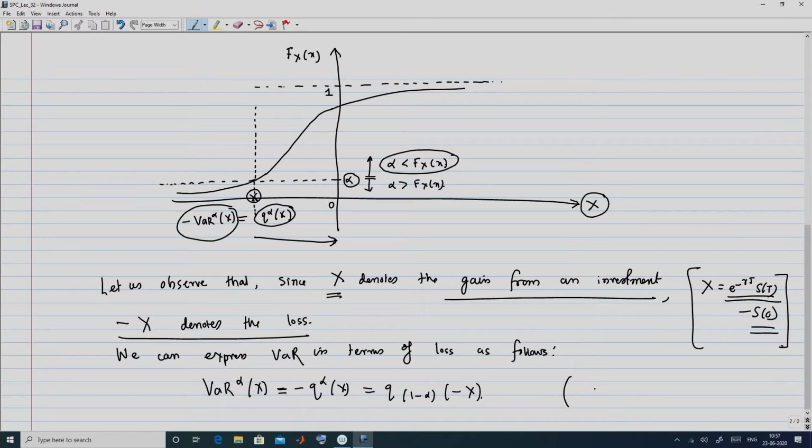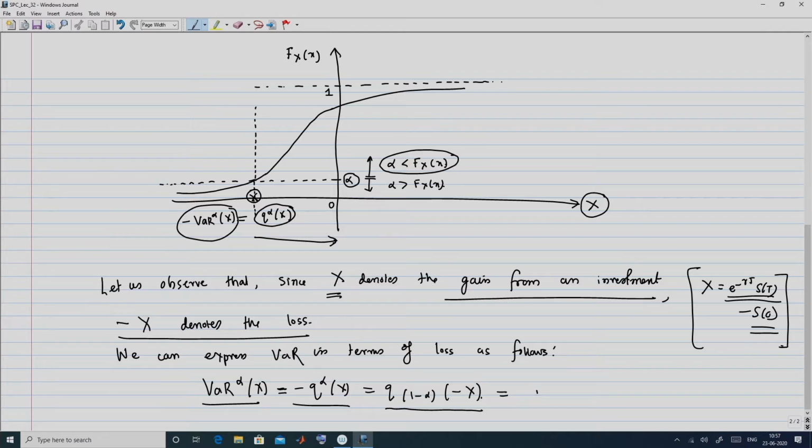So recall that we had already done this result, in yesterday's class, or rather the previous class. And what is this by definition? VaR alpha of x equals minus of upper quantile of x by definition of VaR, and from the result we say that this is q of 1 minus alpha of minus x, and this is now the